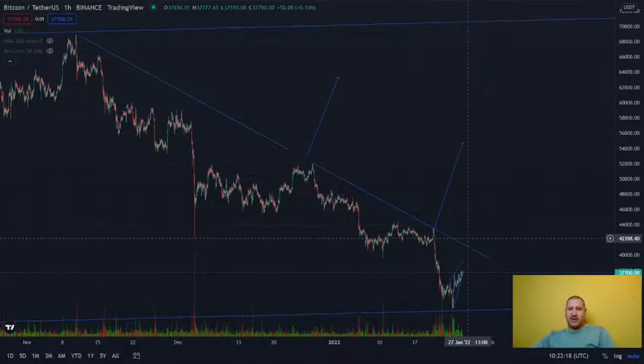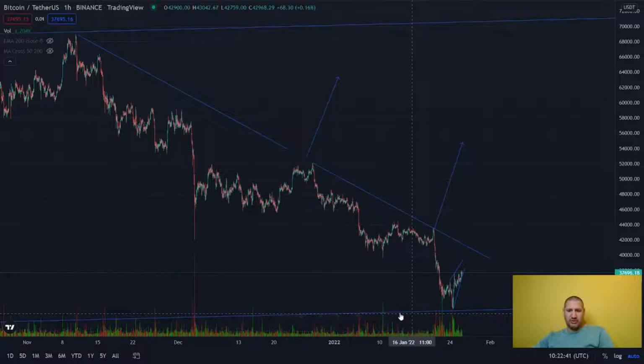If we manage to break this line, I mean above this line, if we continue to rise up and go up, but of course we need to follow this volume. As you can see here, volume was low, and then as soon as we have this uptrend, volume increases, which is good to know. And here you can see on the bottom there are more green candles than red ones,